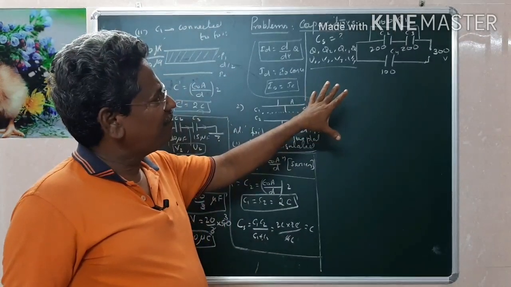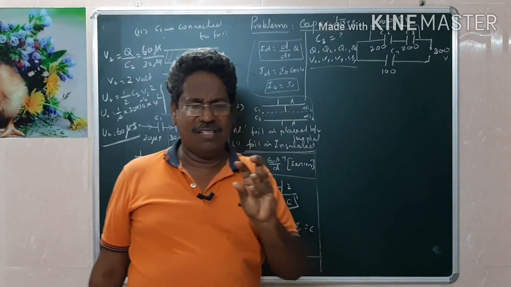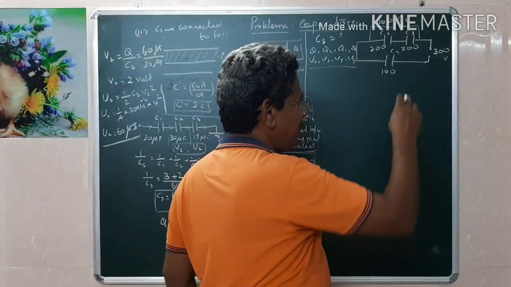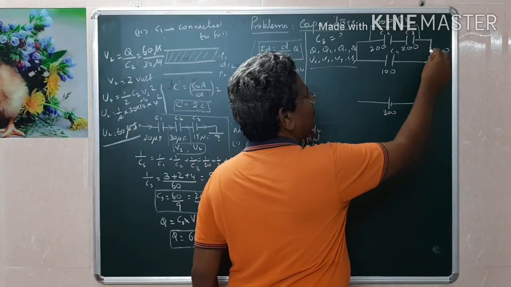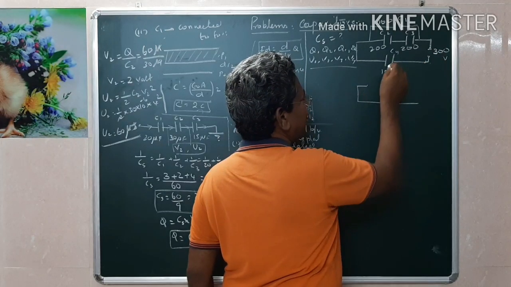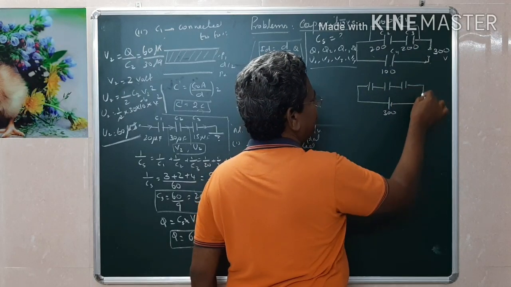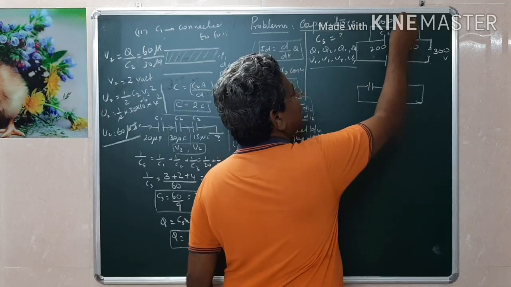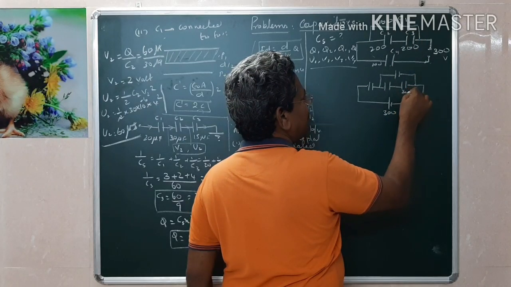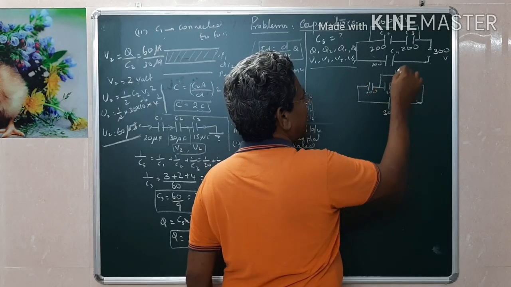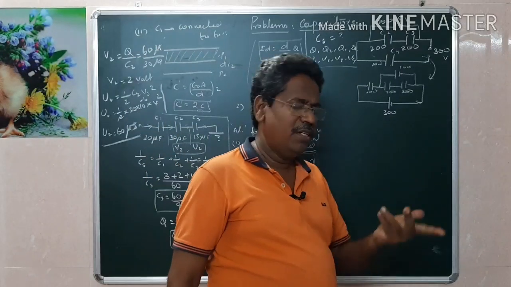Just on looking at this one, it seems very simple, but I have to modify the diagram slightly. So how you have to recognize this is, this 300 volt I am taking here. This 300 volt is connected first with 100, then it is continuously connected with 200, then with 200. Then this 100, just above this we can put here. This is 100 here. Remember 200, 200, 100, 100. This is another form of this diagram. Once you are able to draw the diagram like this, it's very easy.